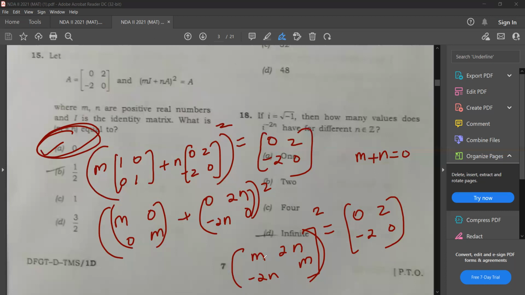Okay, so you have to open this and see. It can be like 0 or 3 by 2. When you find the solution, you will be getting two answers, 0 and 3 by 2. So maybe some option mistake, so that's a doubtful question. Moving on to the next question.